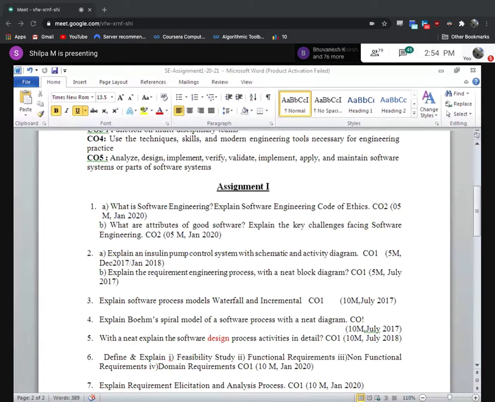Shall I go to the next question? Fourth one. Bohem spiral model, page 36, 37. Yeah, I'm sorry. It's not 36, 37. It was in a different textbook. Okay, 1 second. I will tell.